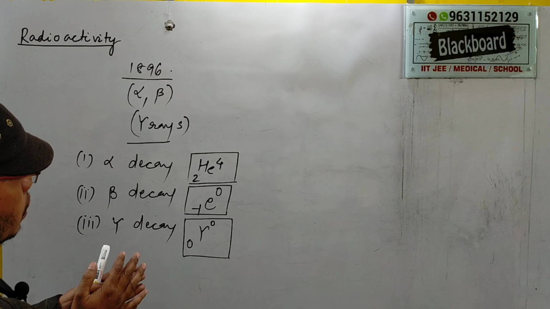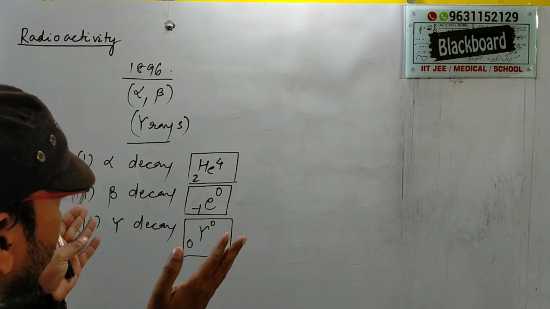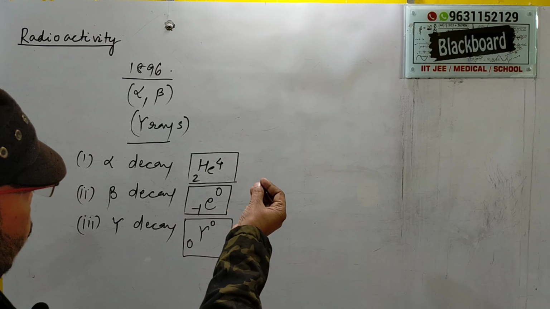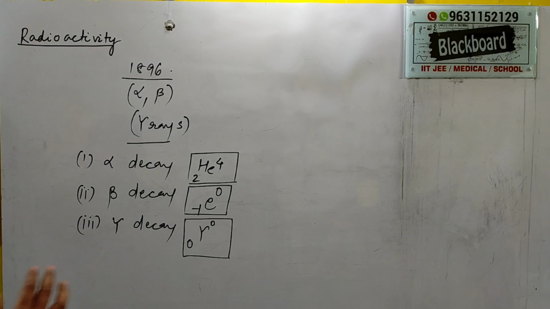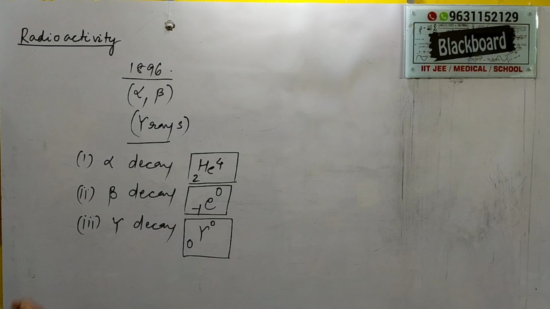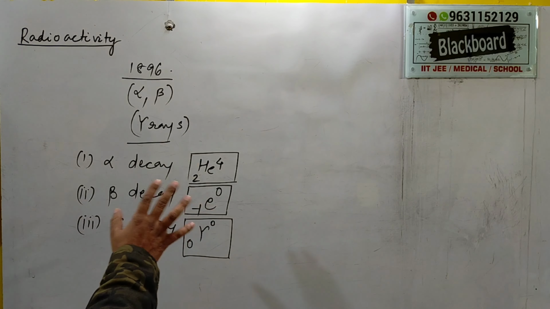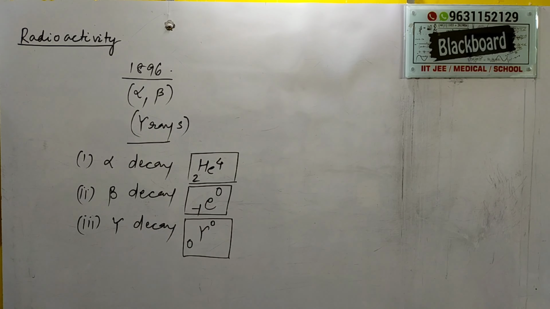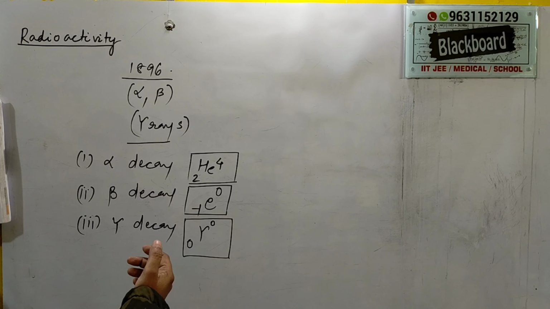Beta particles are also deflected in electric and magnetic fields because they are charged particles. So any charged particle is deflected in electric and magnetic fields. We saw that the alpha particle has this property of deflecting in electric and magnetic fields, and the beta particle also has this property. Next, the velocity of beta particles varies from 1% to 99% of the velocity of light. The velocity of beta particles is of the order of the velocity of light, and its mass increases with increase in